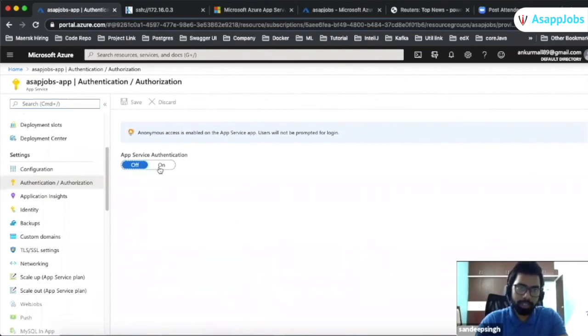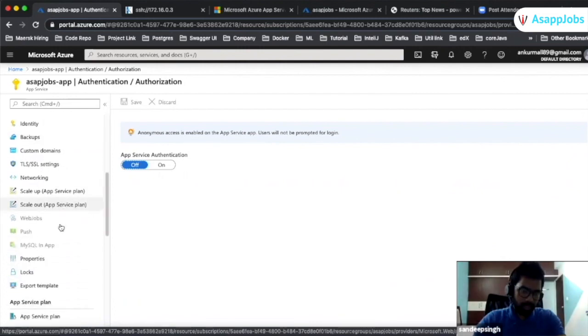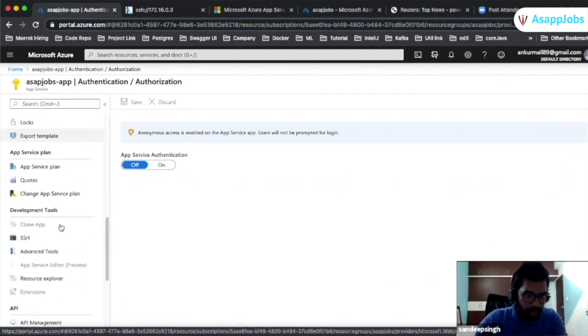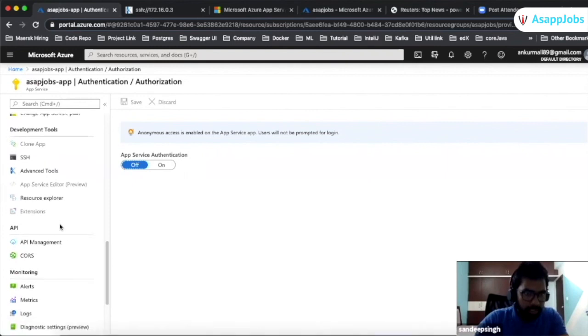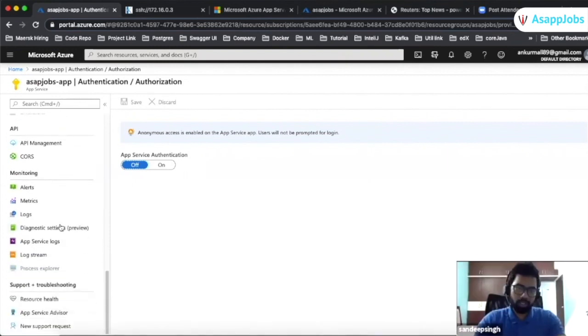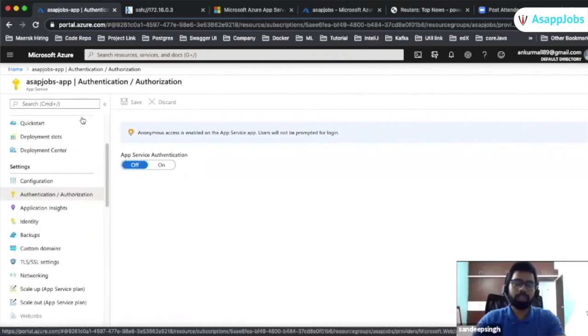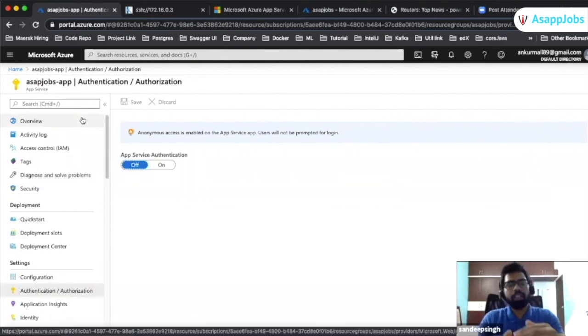As soon as I turn it on, this is how we can implement authentication and authorization. Since I have not created Active Directory, it is not giving an option. Whenever I create Active Directory, whatever application is there needs to be registered with that Active Directory.